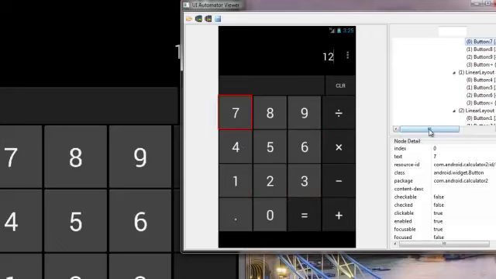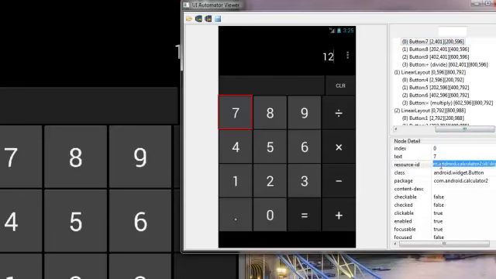So you can see that as I move things around, we move the object around, it gets highlighted as it's got focus, and on the right hand side of the tool all the iconography changes to give us all the attributes of that item. And you can see how it's identified, and you can see that it's got a resource ID, and as I'm clicking on the 7 at the moment, you can see pretty easily that matches the item I was trying to